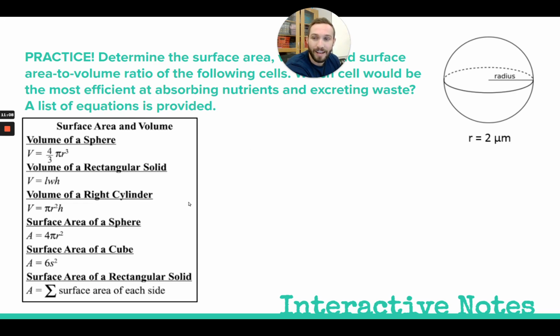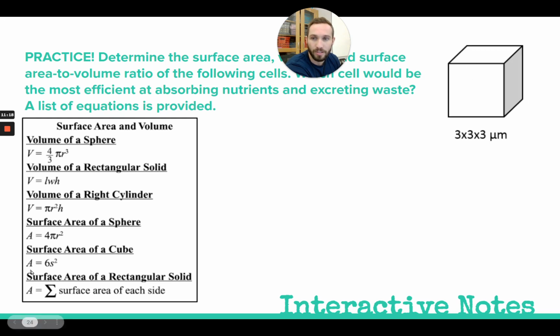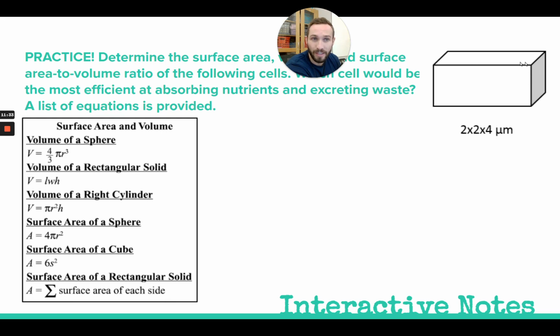Then for the surface area, to find the surface area of a sphere, this is the formula. Figure out what that's going to be. To find the surface area of a cube, one of these sides is 3 times 3, so that would be 9. That's the area of this side, and then you just multiply it by 6, or just follow what this formula is saying. Now, the hardest one is actually the rectangular solid, to find the surface area of this,